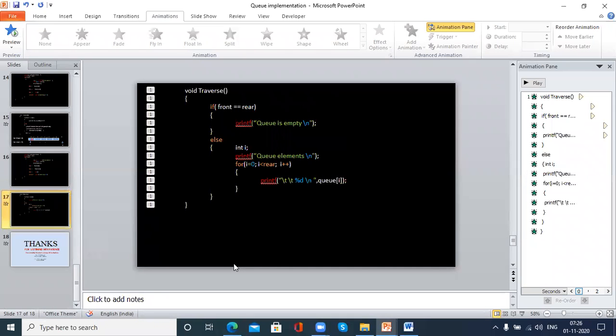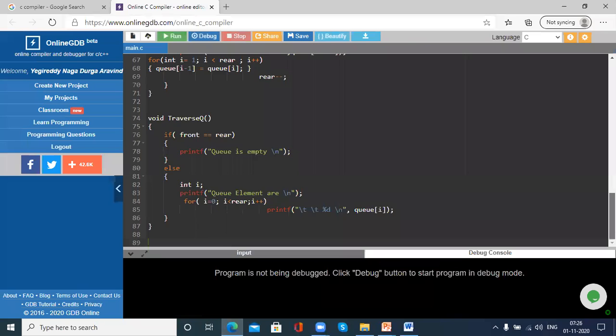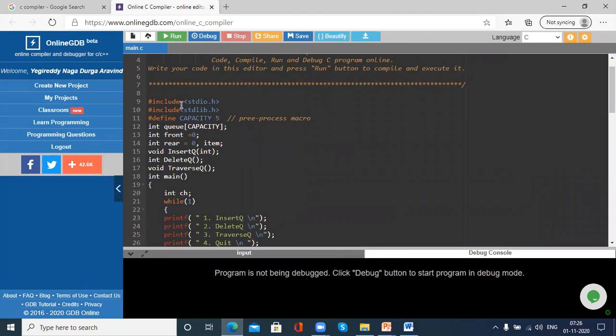Here, whatever code we have seen, that code I have already written here. If you can see the logic, hash include stdio.h, hash include stdlib.h, because we are using exit of 0. Then we have defined the preprocessor macro capacity whose size is 5, and we have passed that macro into this particular variable.